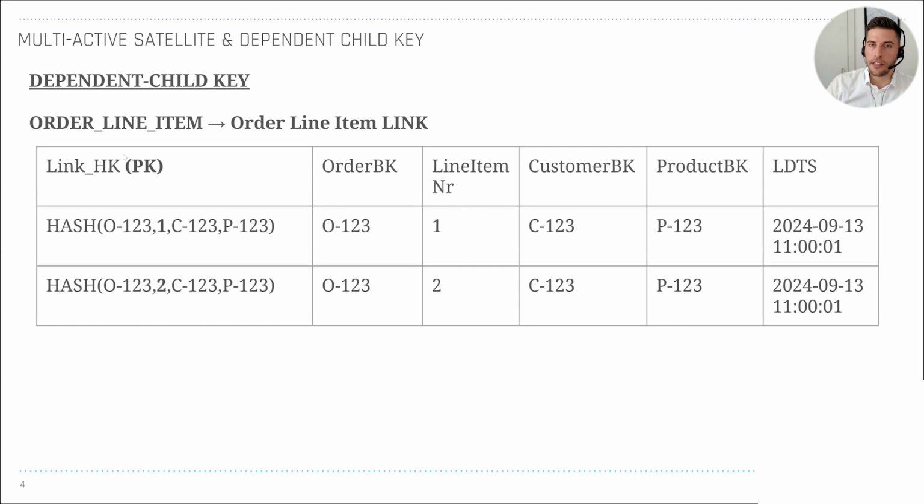Right? So the link hash key is the primary key, the single column primary key in the link. And here we're not just hashing the hub relationships with the order number 0123 and the customer 123 and the product 123. We also take this one into account here, the line item number 1. And here in the second row, the line item number 2, so that we have two different keys,